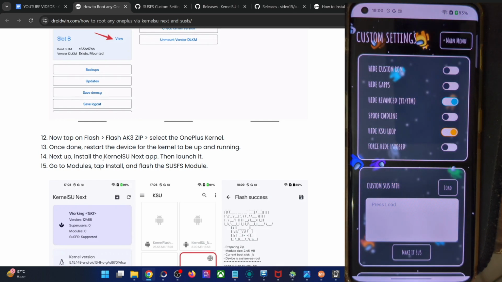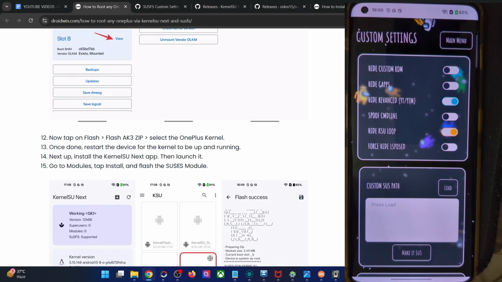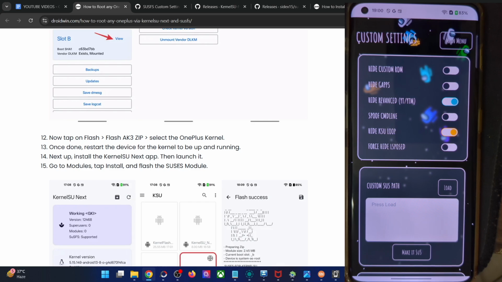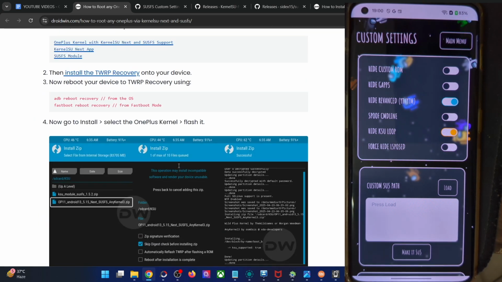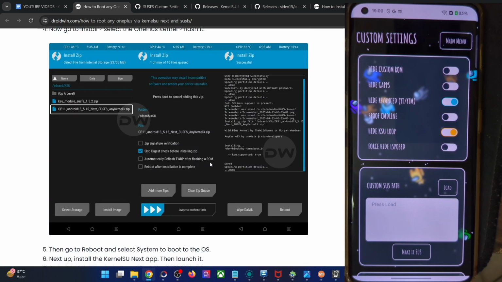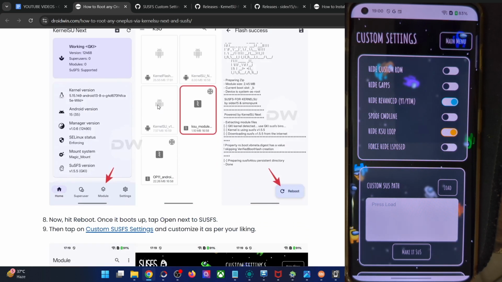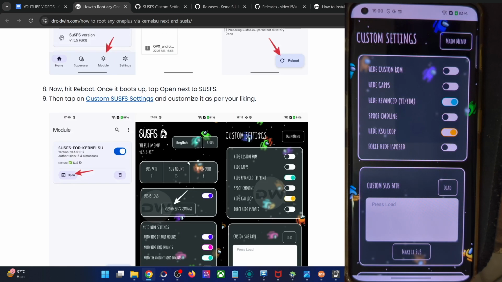So guys, these were the two methods through which you can flash the AnyKernel and obtain root on your phone via the KernelSU Next and the SUSFS app. Just to keep in mind, if your phone has a recovery, then you may directly flash the kernel file via the recovery, and when your phone boots to the OS, just install the KernelSU Next app, and from the KernelSU Next app you may install the SUSFS module and get the job done, and then launch the SUSFS from here and carry out the required task.